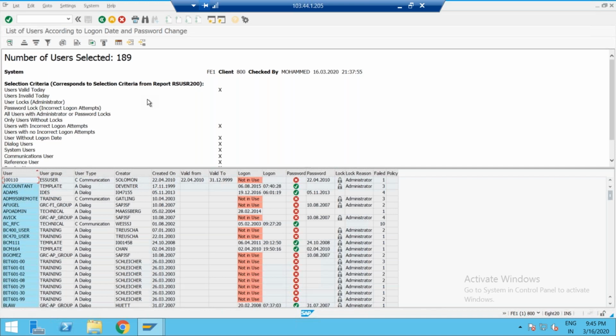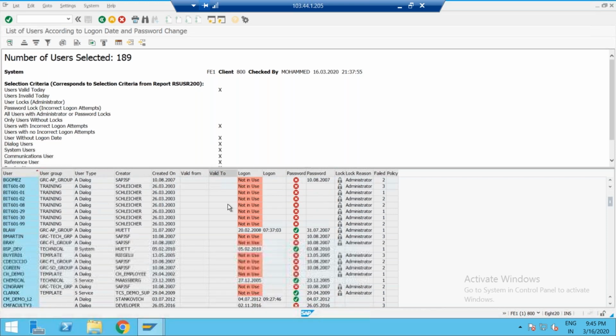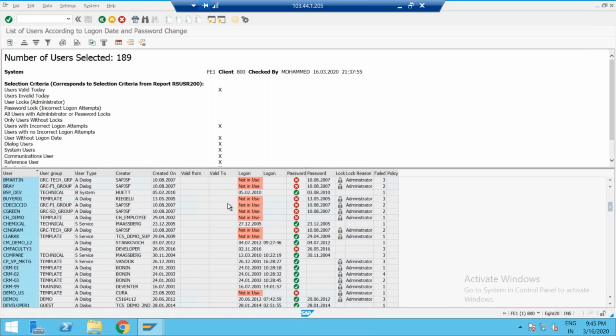Suppose the password is expired, automatically what happens? It shows not in use. Not in use is nothing but you don't pay the license for it. In use is nothing but in production, you pay the license. Why? Because the proof will be there. So if the password is expired and you have no option to log in, you can take a screenshot and send it to SAP. Then your user license will be reduced.